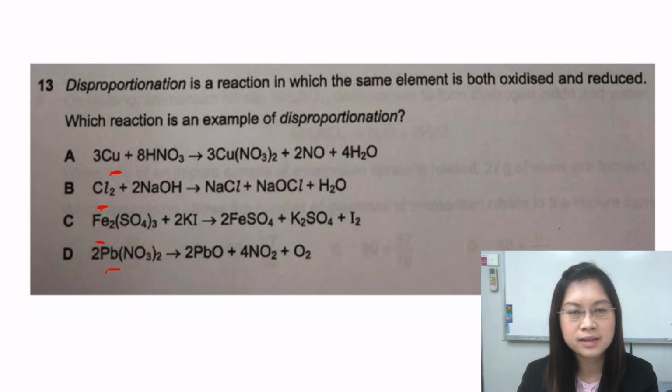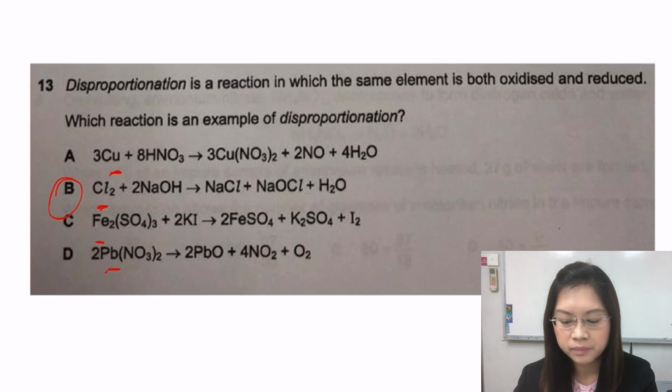Now the next thing is to understand that since a disproportionation reaction refers to the same element undergoing both reduction and oxidation at the same time, it means that in an equation, after the reaction, the same element must appear twice in two different products. So if you look at option B,